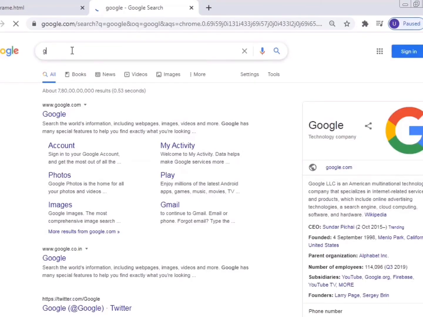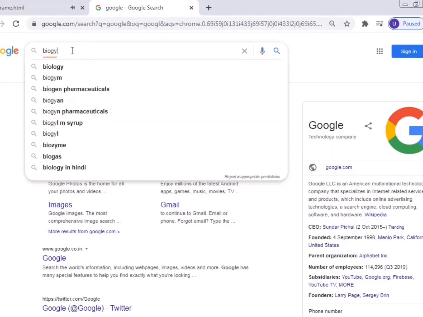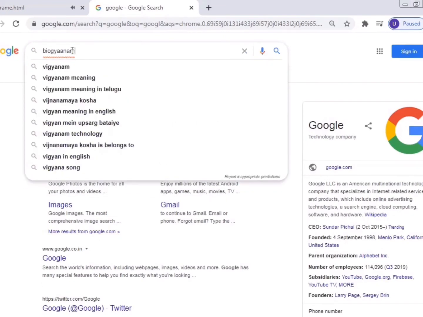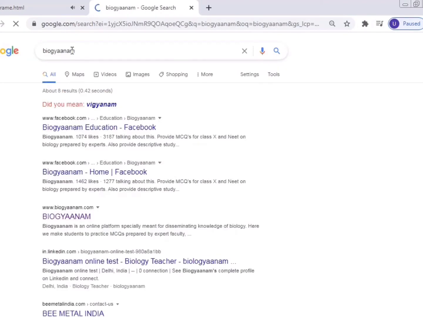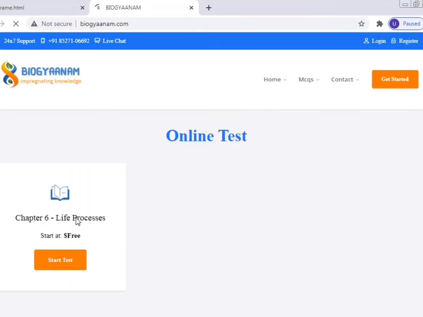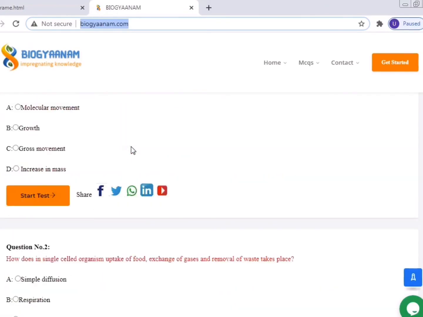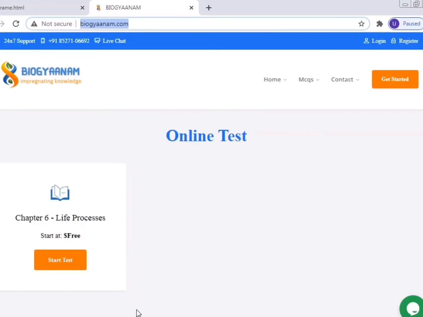And we will type Google. This is the second website, Biogyanam.